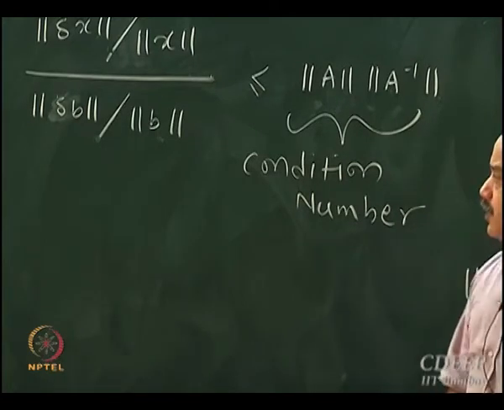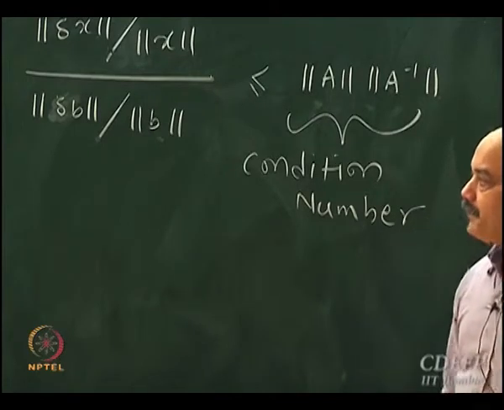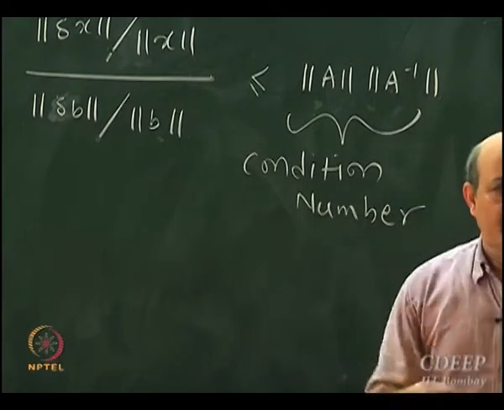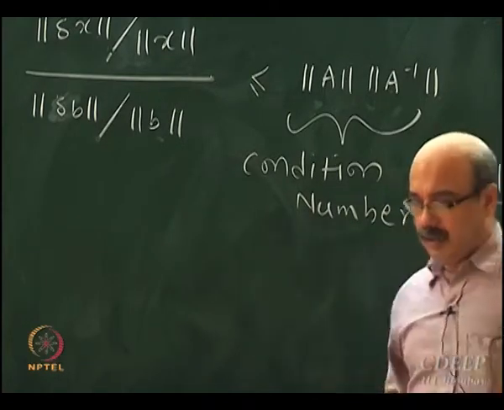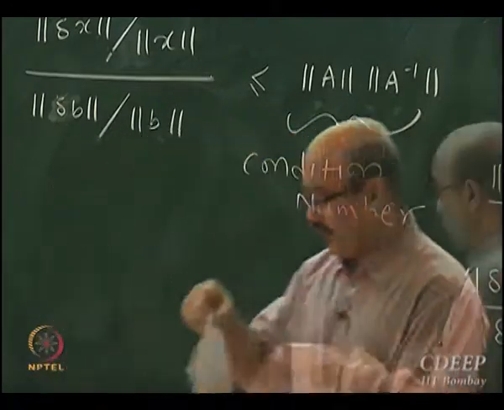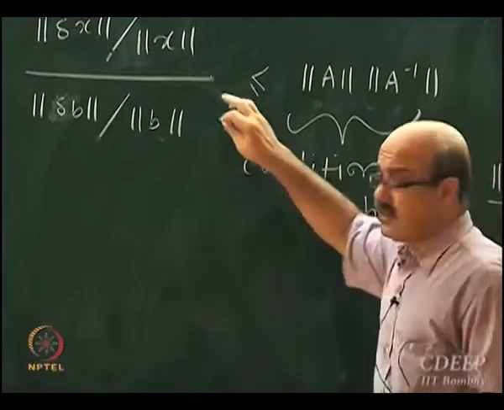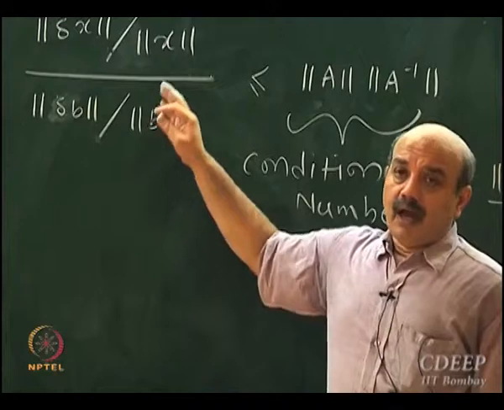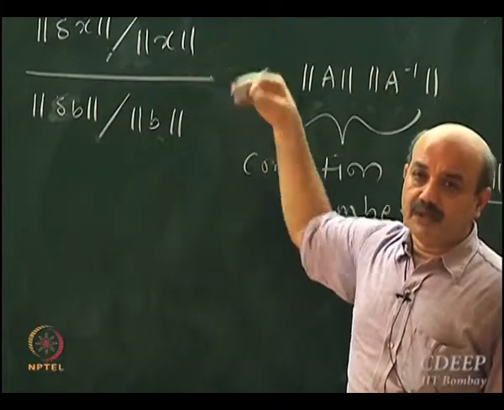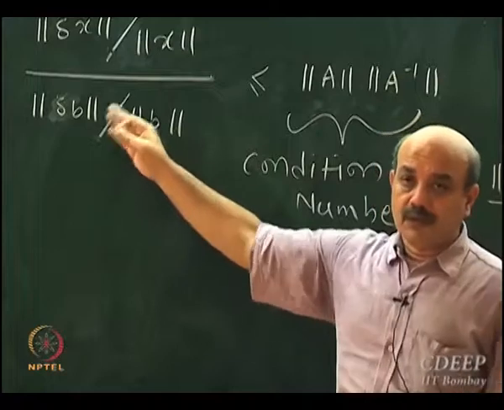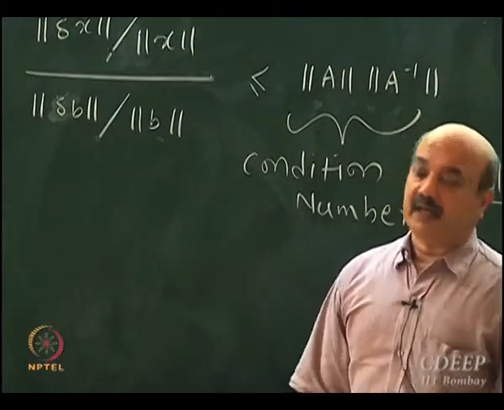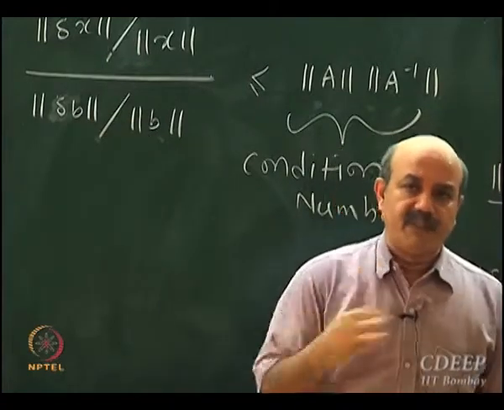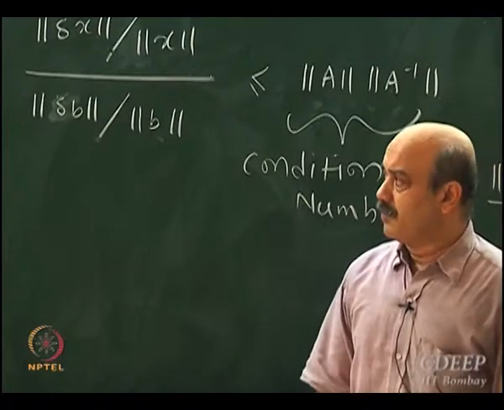So condition number using two norm is used very often, but it doesn't mean that you cannot use the other way around. You can of course use the other definition. Okay, so this in some sense gives a bound on the amplification of the error in the solution due to change in the right hand side, or error committed. This error delta b could be committed due to a variety of reasons. It could be because of representation, it could be while doing some computations.